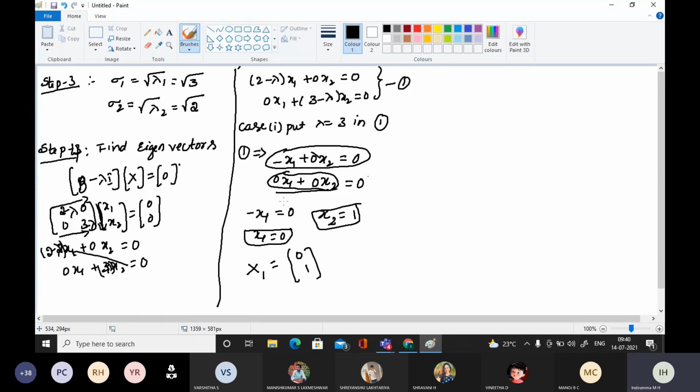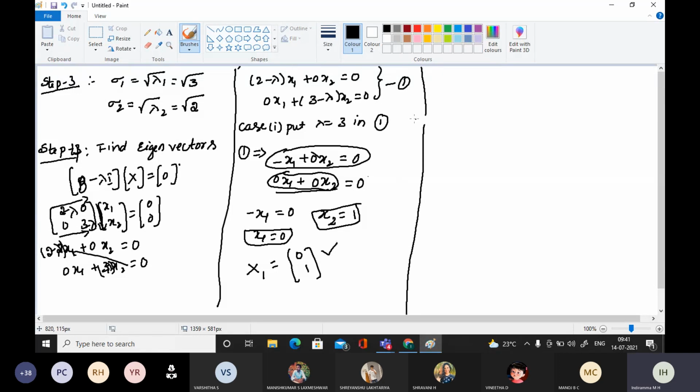Rank, after finding rank, consistency of the matrix. We discussed consistency of the matrix, right? So here we got one equation only. So we got x1 as 0, x2 I cannot find. So we can choose x2 since it contains infinite solutions. You can choose x2 as say k1. K1 takes any value, so it contains infinite solutions. For simplicity, I am choosing x2 as 1. So now I got the eigenvector x1 as (0, 1). Clear?